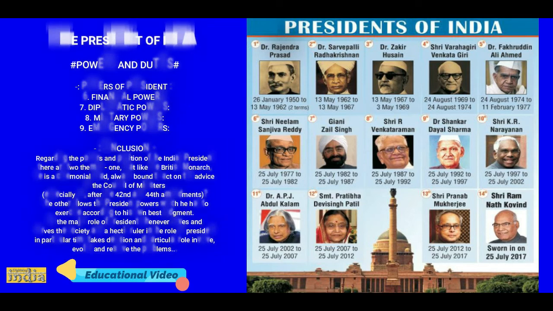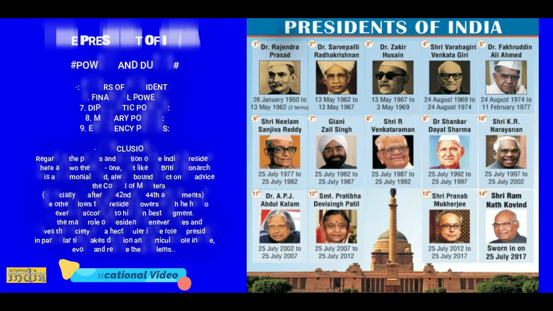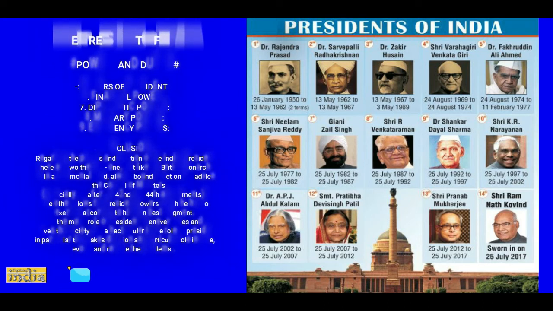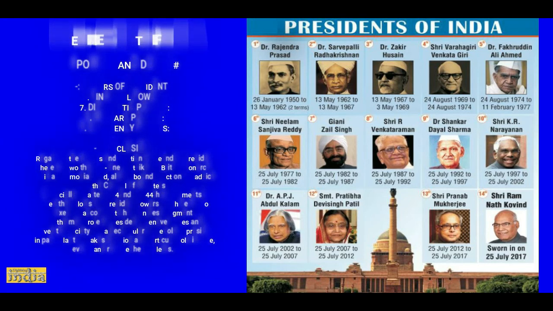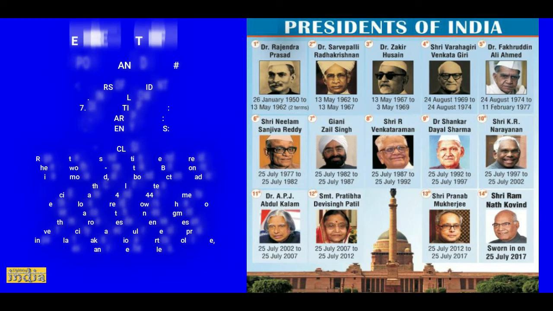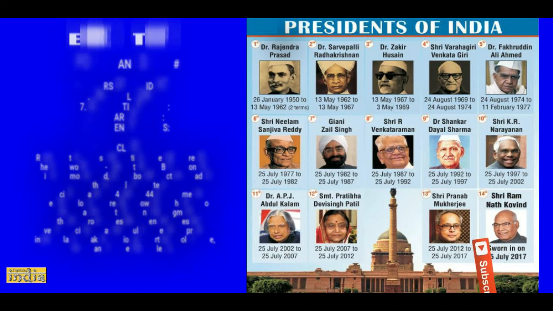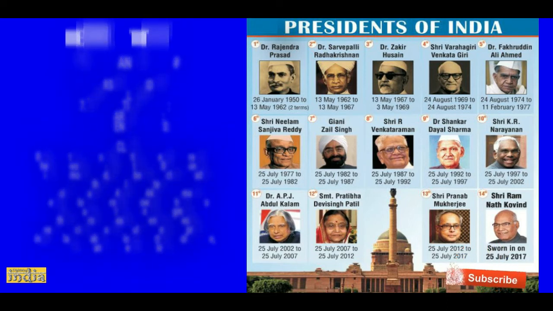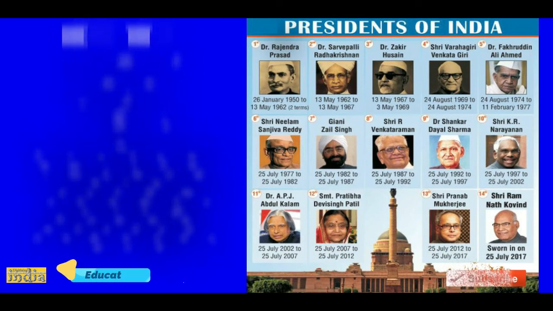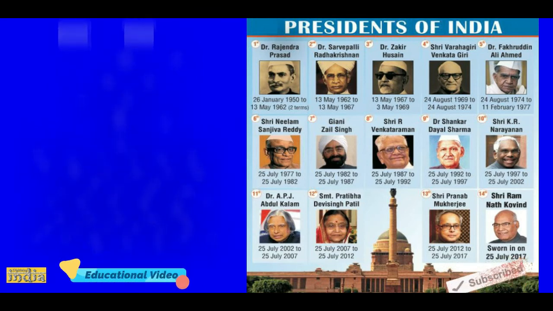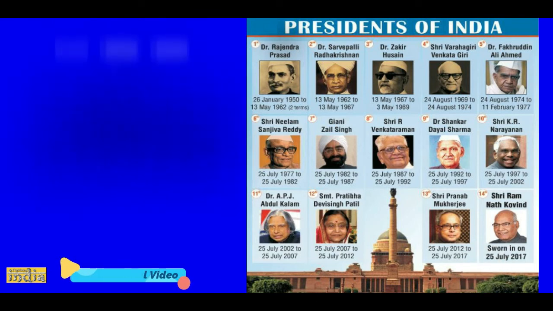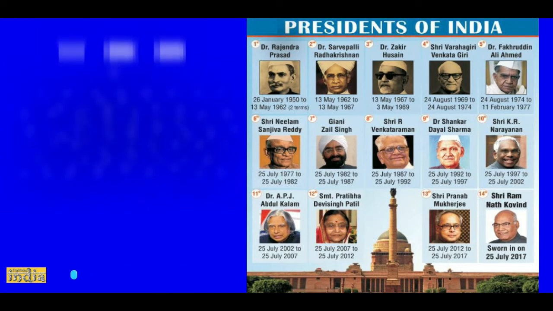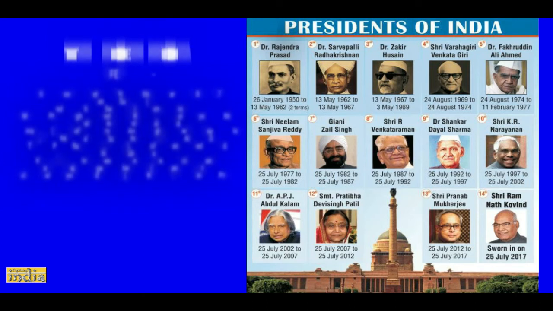He appoints the Finance Commission of India, which examines and makes recommendations regarding financial relations between the centre and the states. A money bill can be introduced in the Parliament only with the President's recommendation. The President lays the annual financial statement, i.e. the Union budget, before the Parliament. The President can take advances out of the Contingency Fund of India to meet unforeseen expenses. The President constitutes a Finance Commission after every 5 years to recommend the distribution of the taxes between the centre and the states.